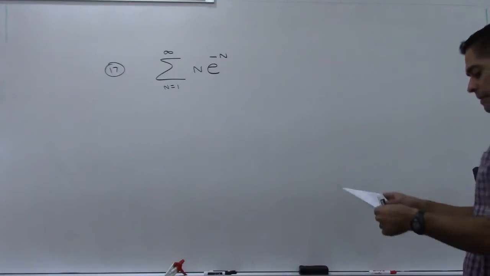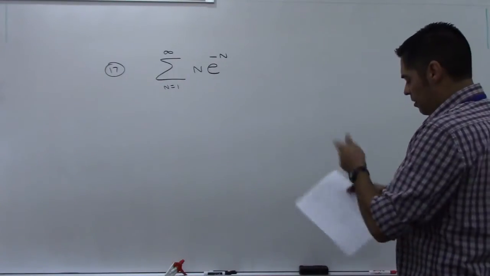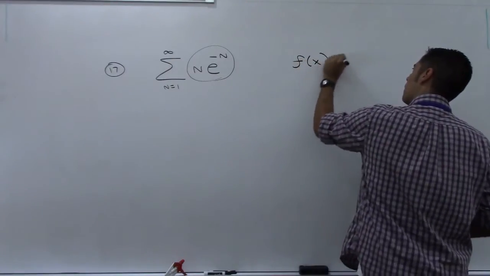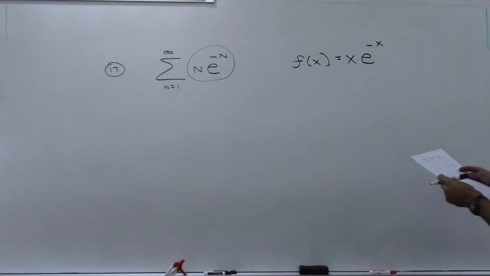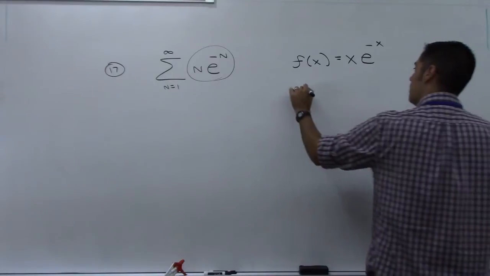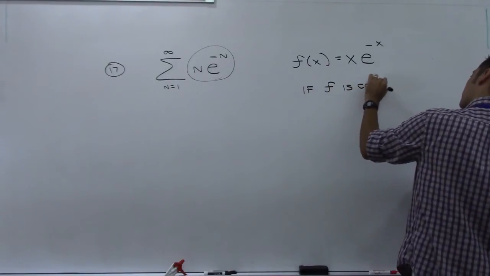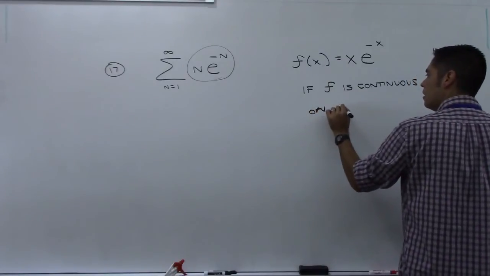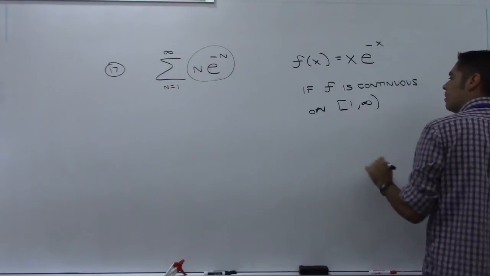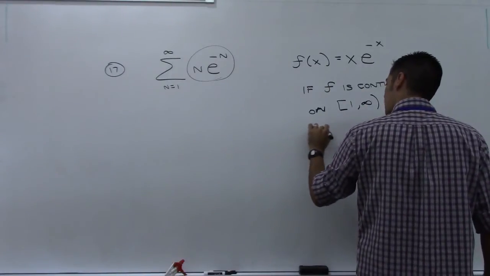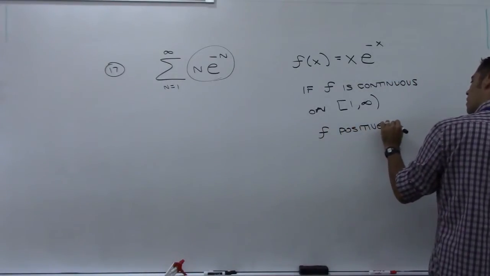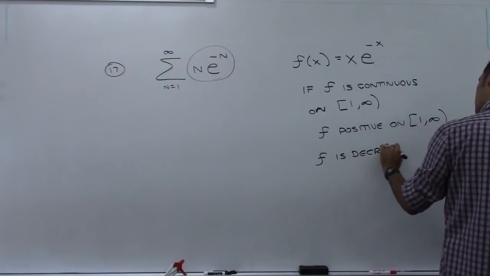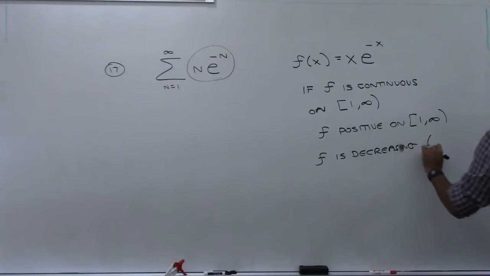The integral test says that if we look at this series and we convert this sequence into a function of x, then if f is continuous on 1 to infinity, and f is positive on 1 to infinity, and f is decreasing eventually